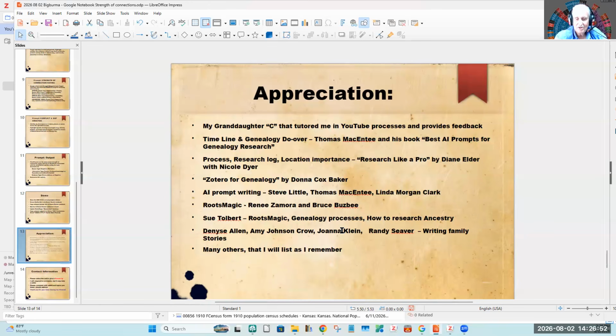Denise Island, Amy Johnson Crow, Joanna Klein, and Randy Seaver are all helping me with writing family stories. So I'm going to have to put the Gemini notebook on there too. I really like that summary that was in the Gemini notebook that I discovered yesterday. There's many others.